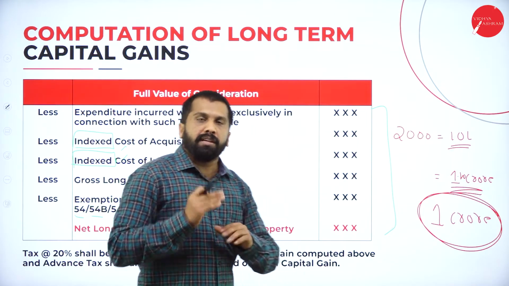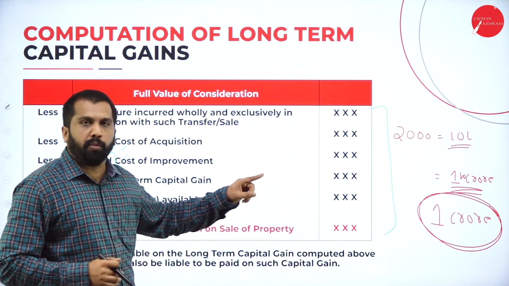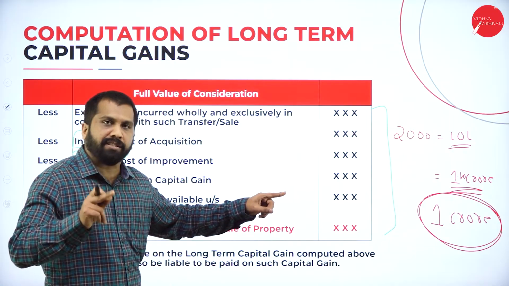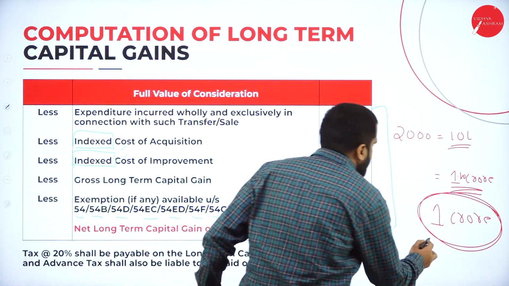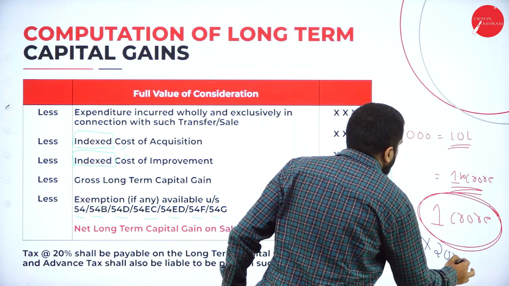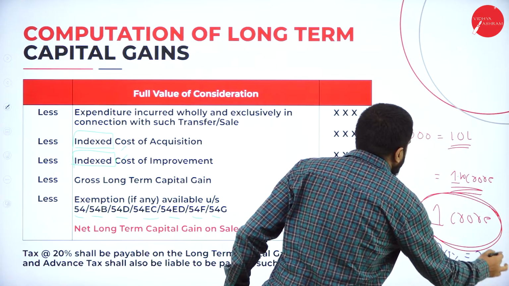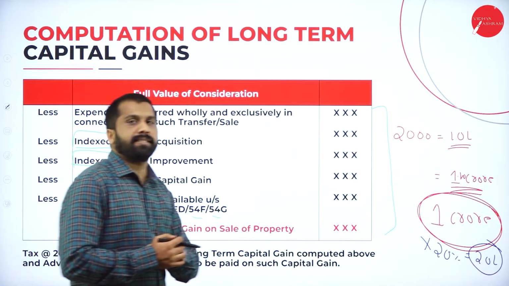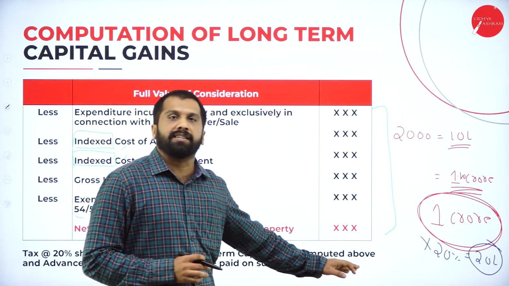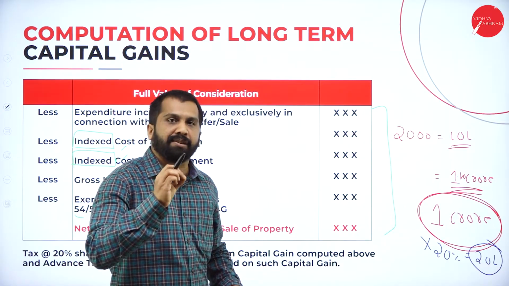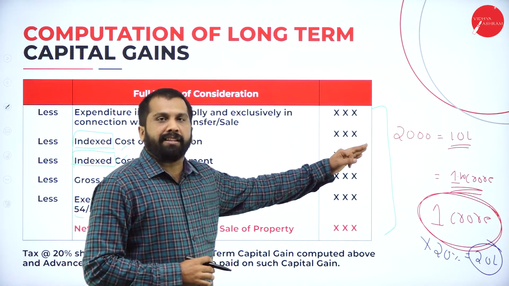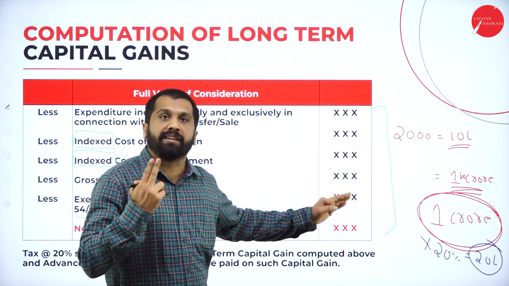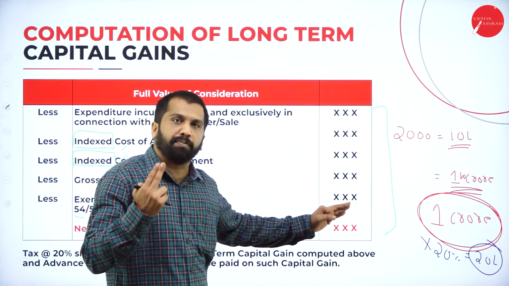1 crore. If you pay tax on 1 crore, what is the percentage? 20%. You have to pay 20 lakh tax. How much are you supposed to pay as tax here? You are supposed to pay 20 lakh. See, your cost itself is 10 lakh, but how much tax are you paying? 20 lakh as tax. Hope you are clear.